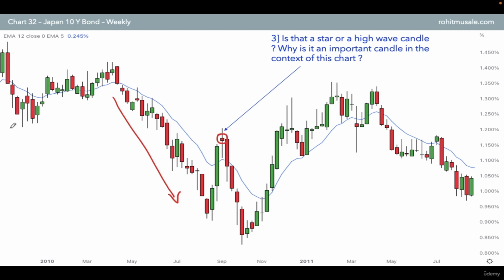Moreover, if you were to draw a line here, that support is likely to be